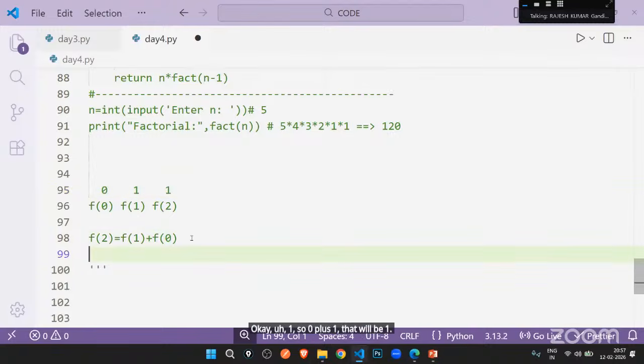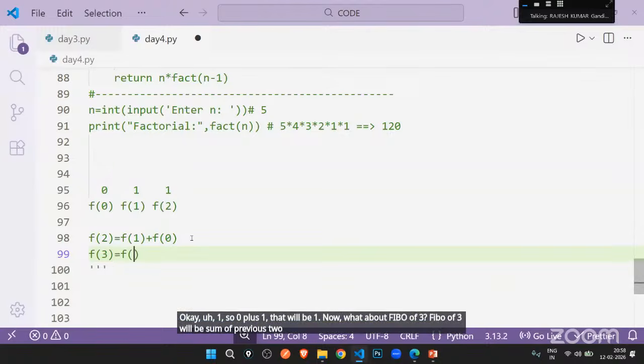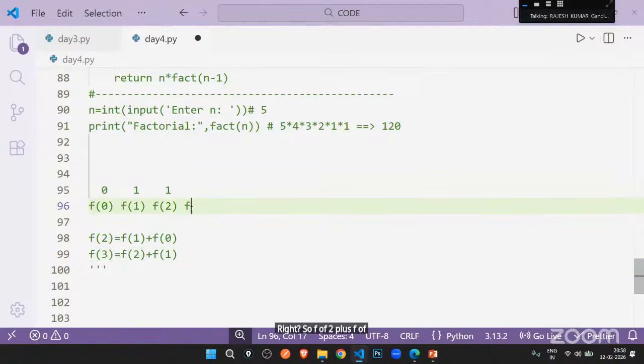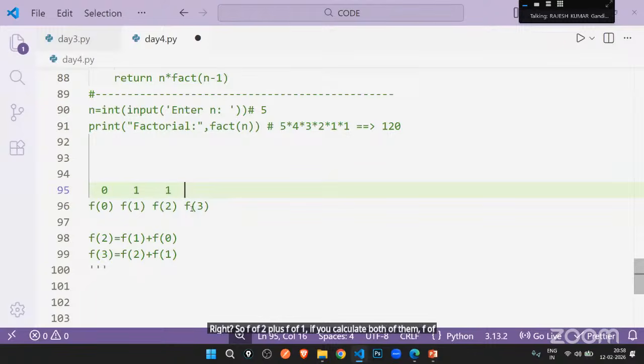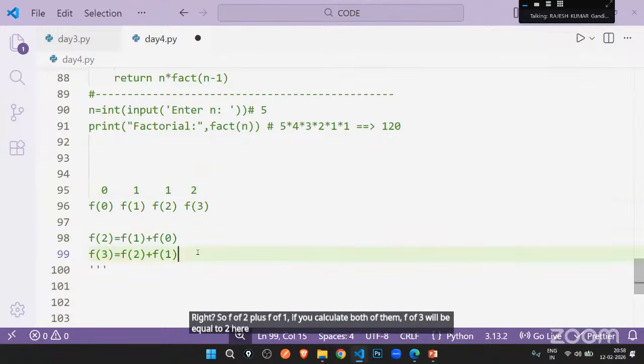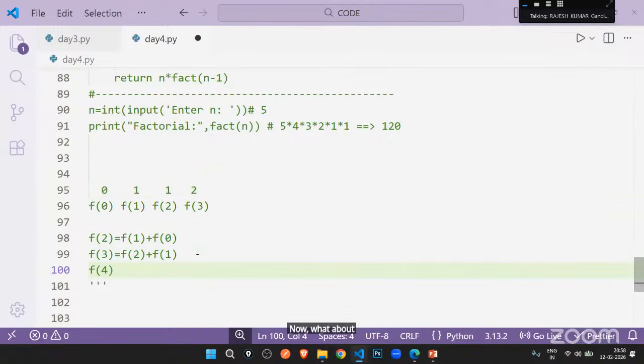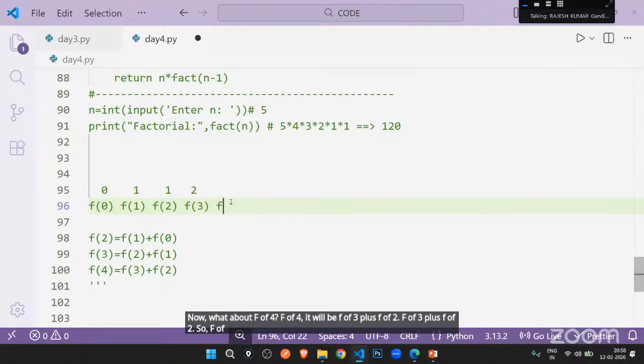Now what about fib of 3? Fib of 3 will be the sum of previous two values, that is f of 2 plus f of 1, right? If you calculate both of them, f of 3 will be equal to 2 here. Now what about f of 4? F of 4 will be f of 3 plus f of 2, so f of 4 will be 3.